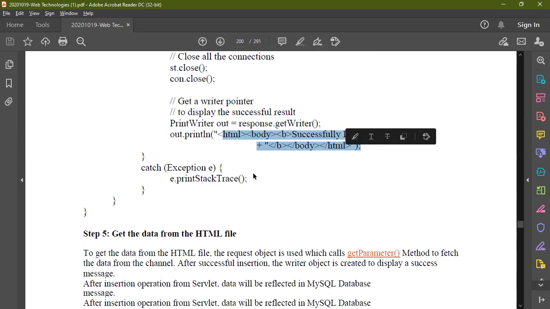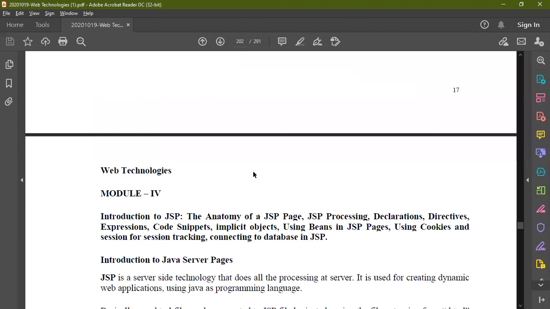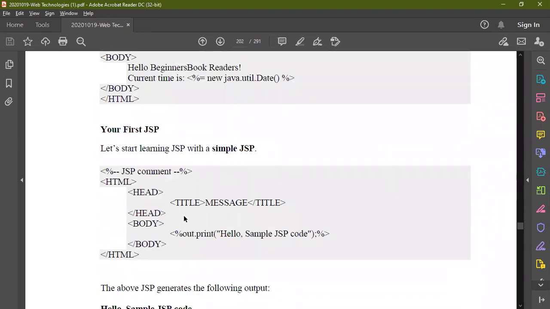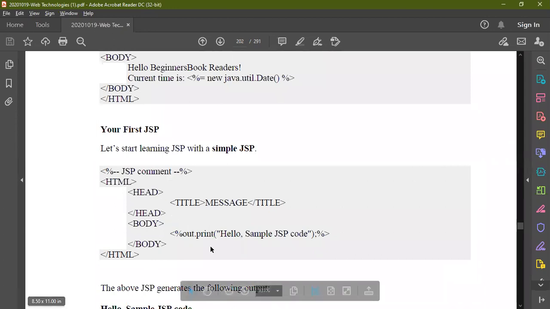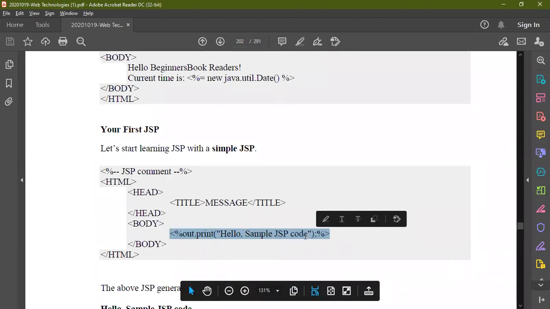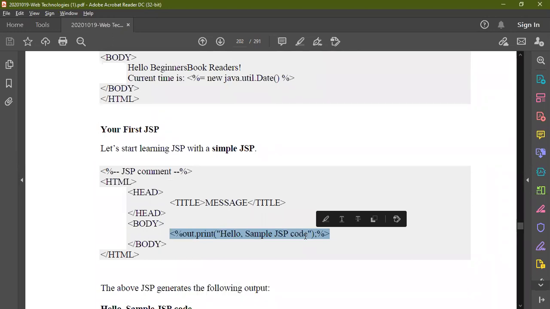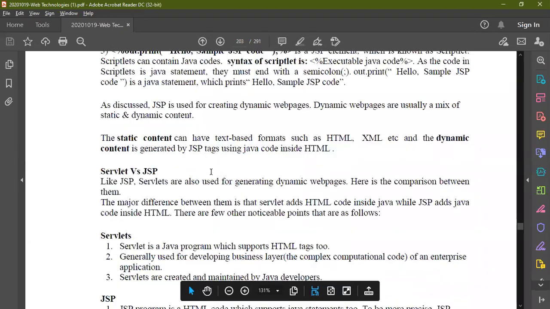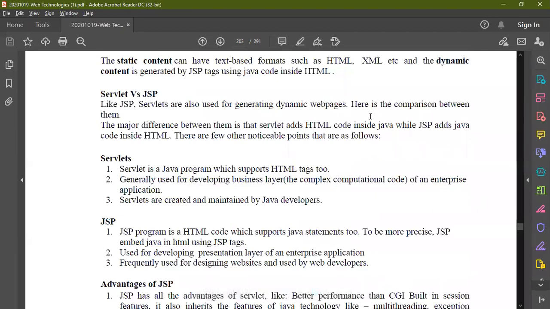Whereas coming to JSP, that is opposite to this one. You can see in this program, you have an HTML file, and in this HTML file, you are embedding the Java code. You understand the difference? In a servlet, you are writing the Java code, and inside the Java code, you are writing HTML. Whereas in a JSP, you are writing the HTML code, and inside the HTML code, you are embedding the Java code. This is the main difference between the servlet and your JSP. This is an implementation type of difference that you can identify in servlets and JSPs.